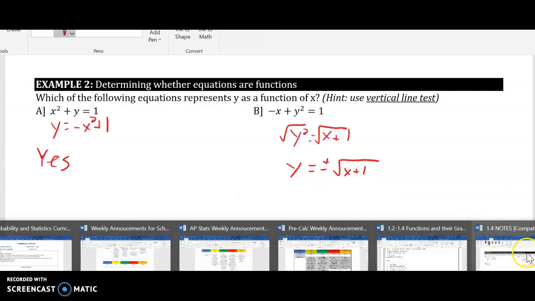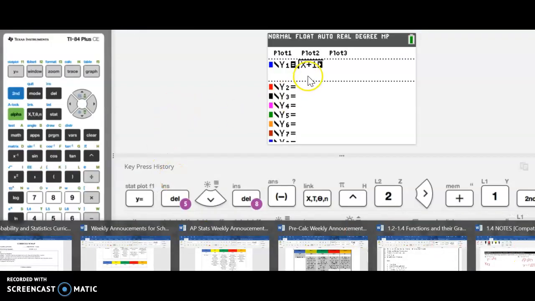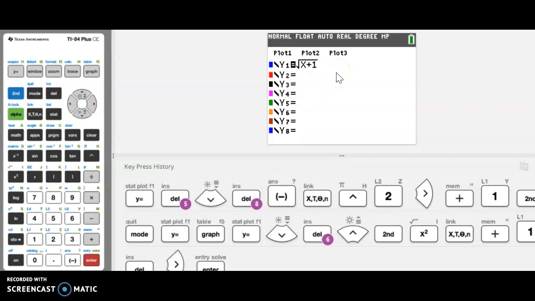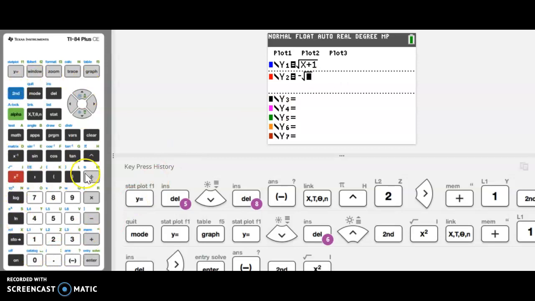Better double check. You don't want to graph the wrong thing. Yeah, it's x plus 1. It's plus or minus, if you remember from our other example the other day. We need to graph it as two separate equations. Our calculator doesn't do plus or minus. It's just one of those things where we're going to graph it as two separate things, but we're really treating